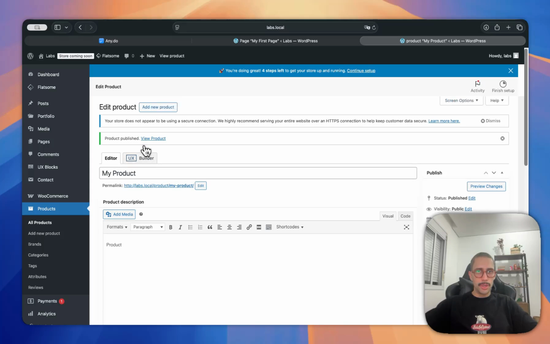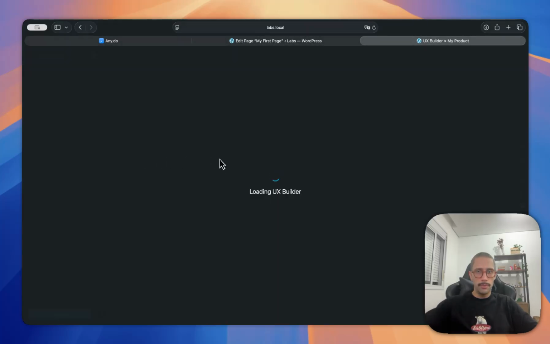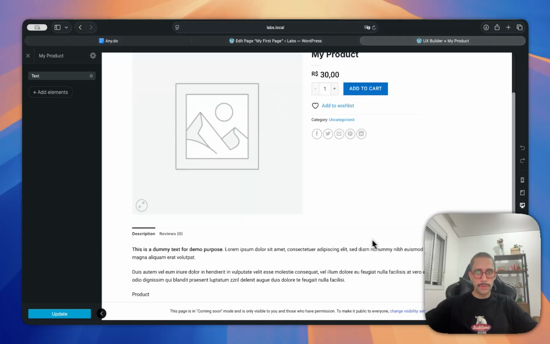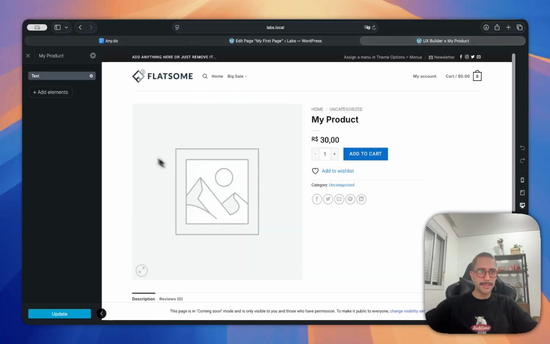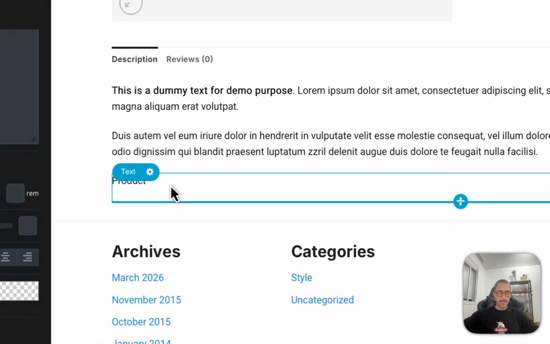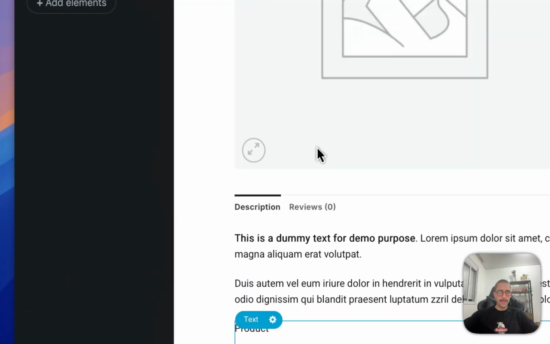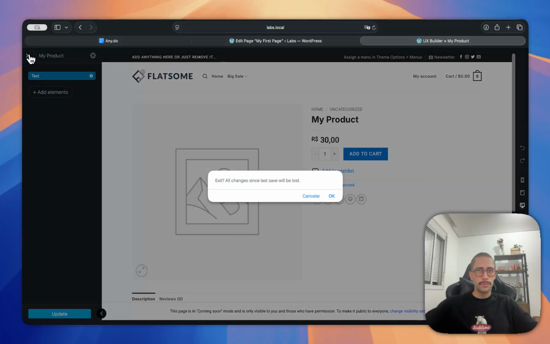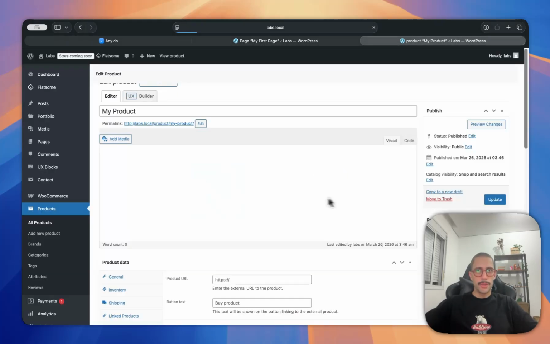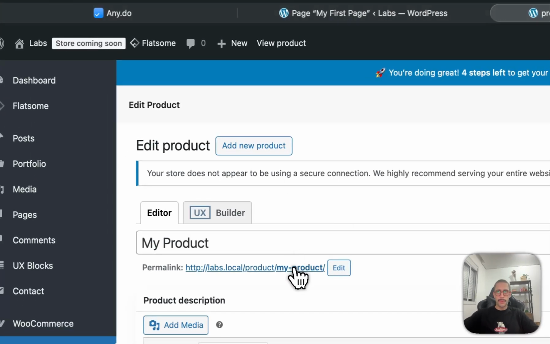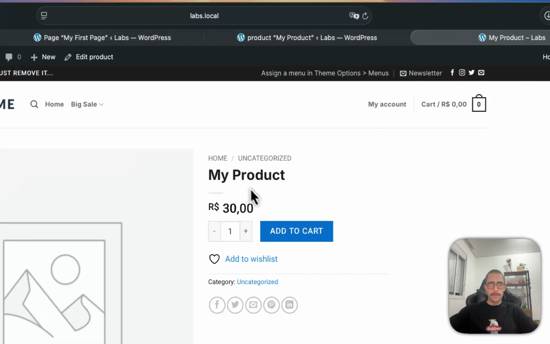And people usually come to UX Builder and they don't know how to make this because I see text here. I don't see how to change this. How do I make my changes? Because the product is here, but I don't have control over the product page. So what you need to do, I'll leave this page. You need to go to the product page, okay? You go to this page and you go to edit,